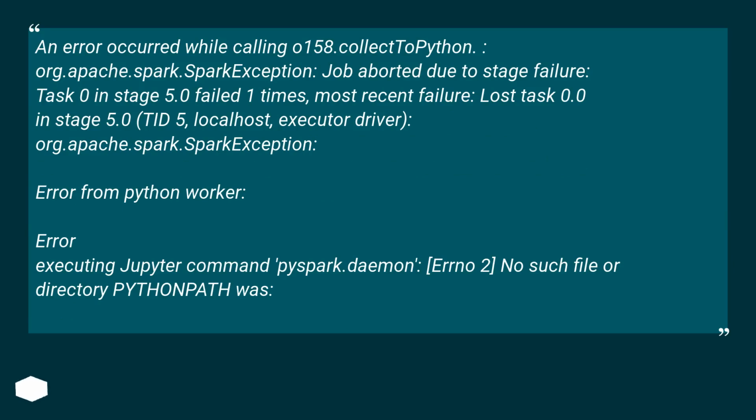org.apache.spark.SparkException: Job aborted due to stage failure: Task 0 in stage 5.0 failed 1 times, most recent failure: Lost task 0.0 in stage 5.0 (TID 5, localhost, executor driver): org.apache.spark.SparkException: Error from python worker: Error executing Jupyter command 'pyspark.daemon': [Errno 2] No such file or directory. PYTHONPATH was: